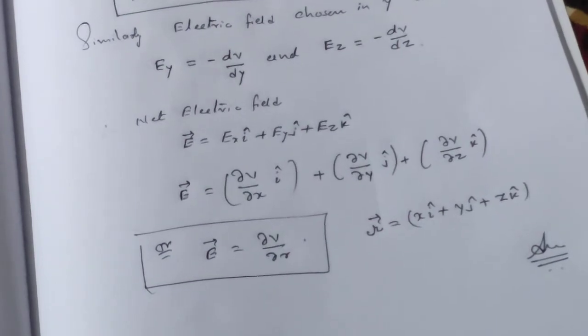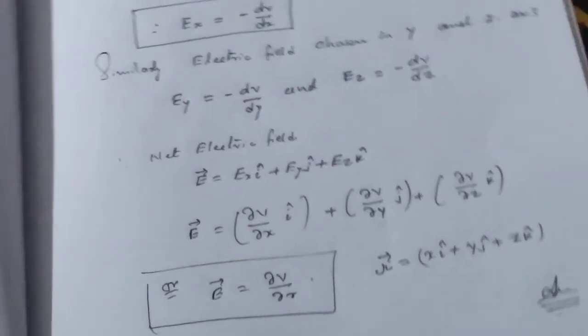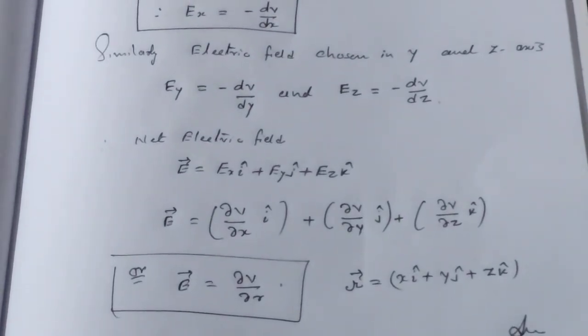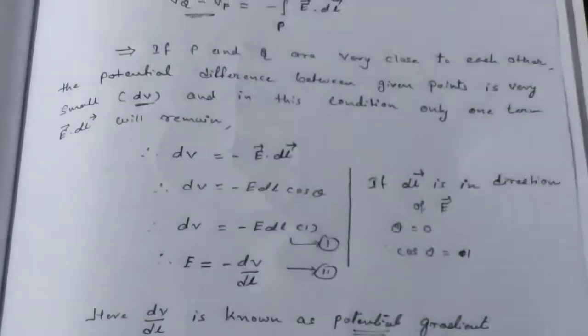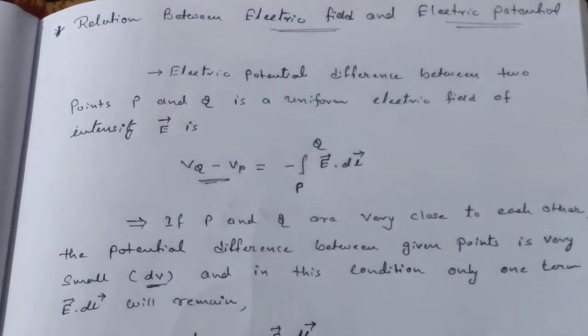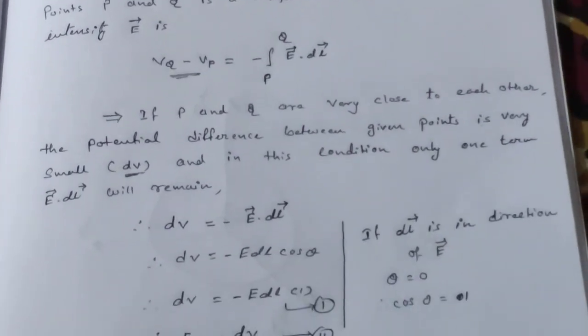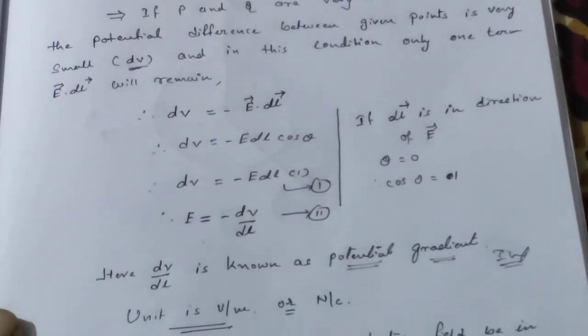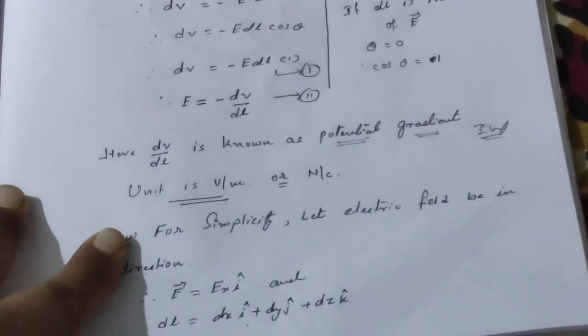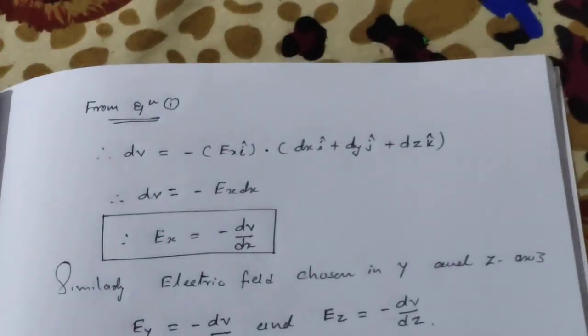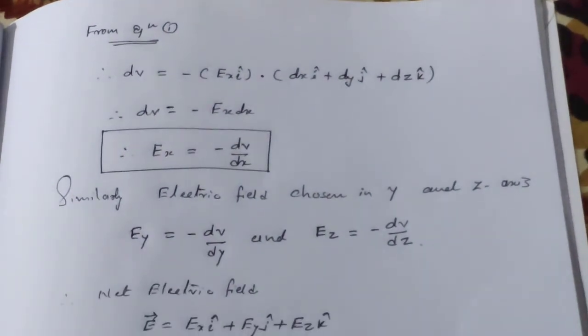If you don't want to follow this, then you can go for the textbook exercise. That is also a nice and simple answer given in the textbook, but I think this is the detailed one. If we have a question for full 3 marks or 4 marks, then I think we must write this one. So I am going to follow this theory. Now this choice is yours. You can go for the textbook also, no problem, but if you need a detailed one, then this one will be good.